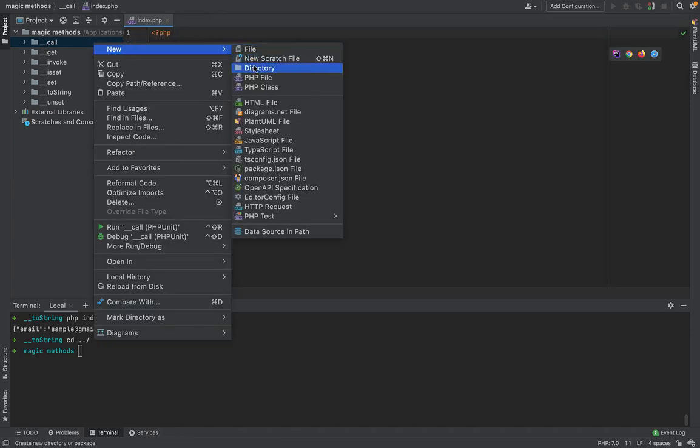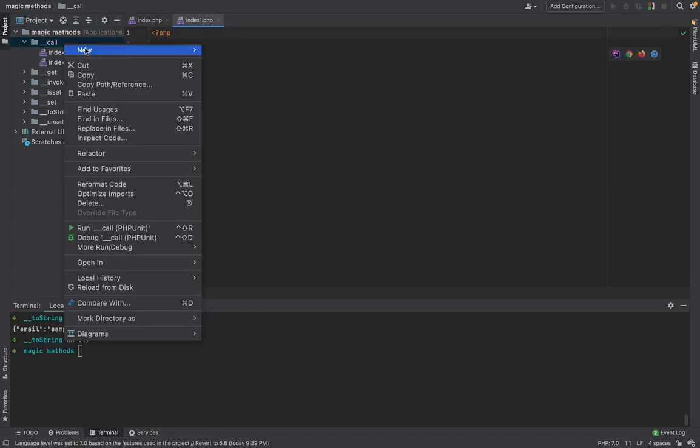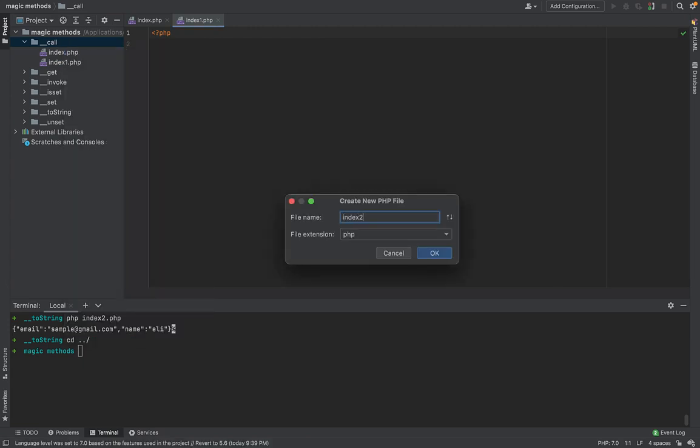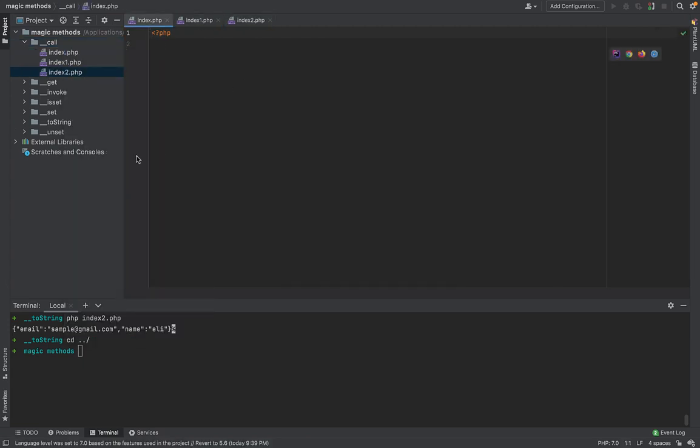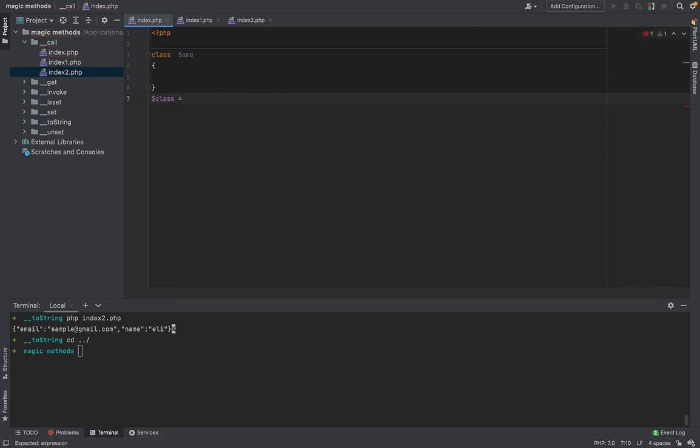Let's create 3 files, index1 just to get this over with, index2. Okay, first let's have this class and it's empty. So if I call up the sum and maybe say class and call some method that doesn't exist, like this, something,